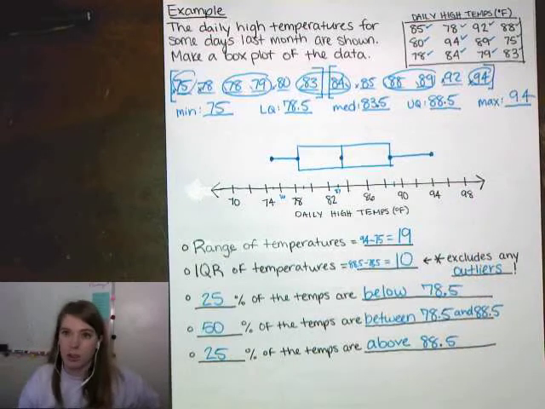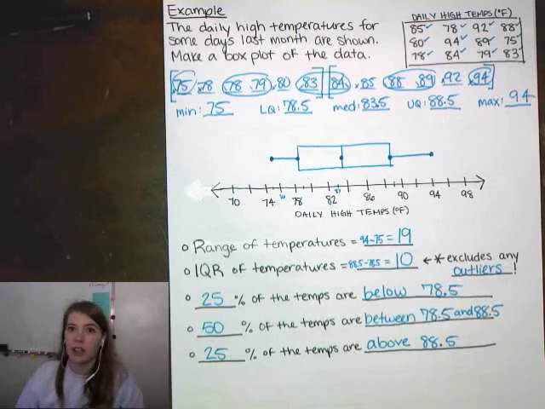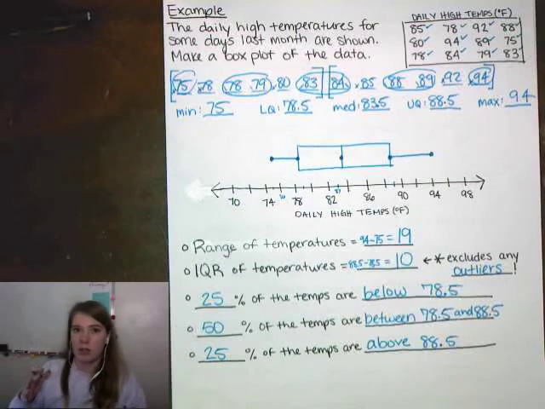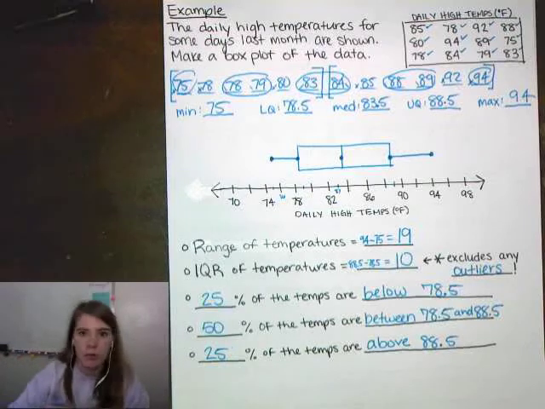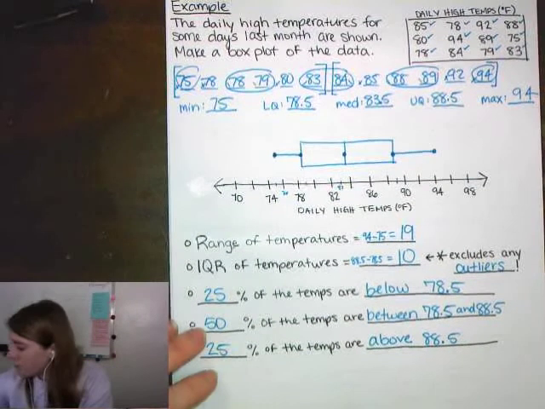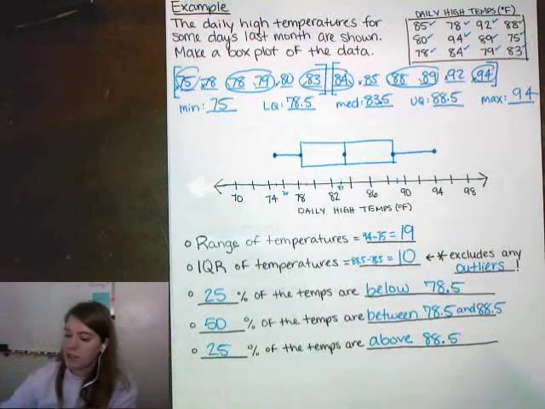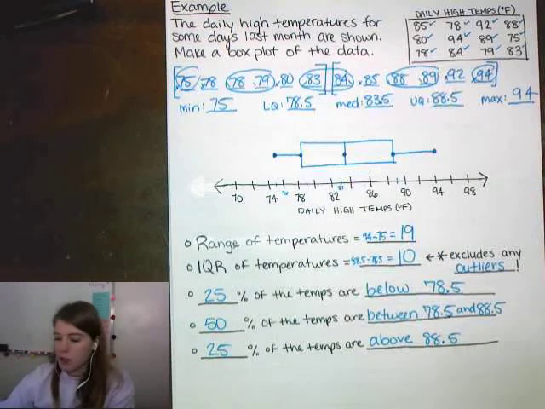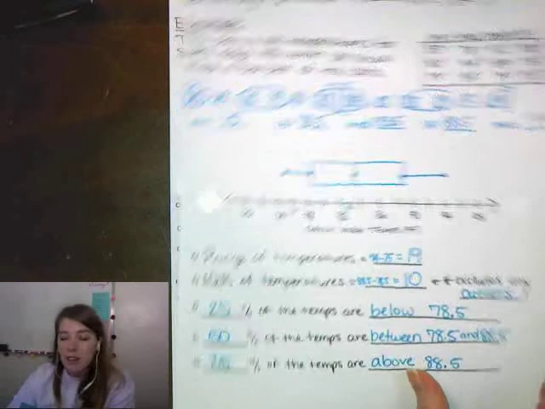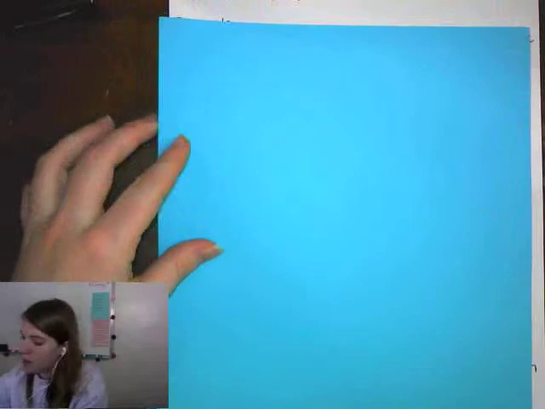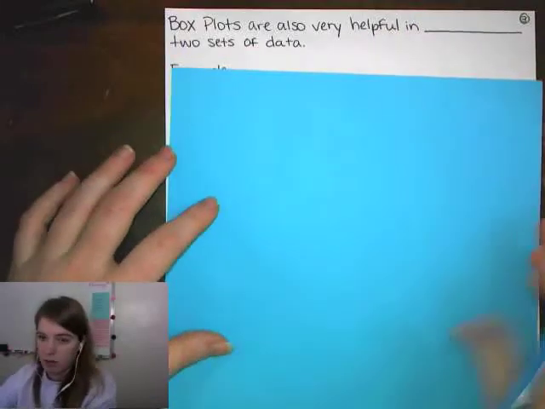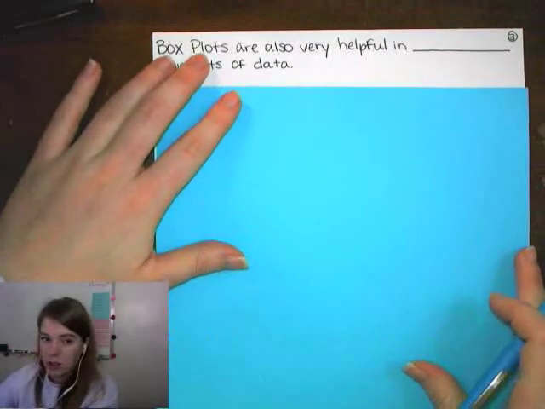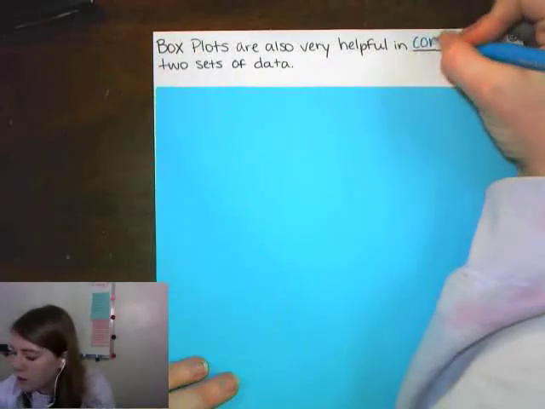Temps, if we're looking for more of the lows, if we're looking for the highs, if we're talking about test scores again, looking more so at how the kids who performed really well did, or overall, how the kids that didn't perform so well did, that kind of thing. And so with box plots and with these different things that we can point out, these measures that we can look at, these inferences we can make, box plots are going to be very helpful in comparing two